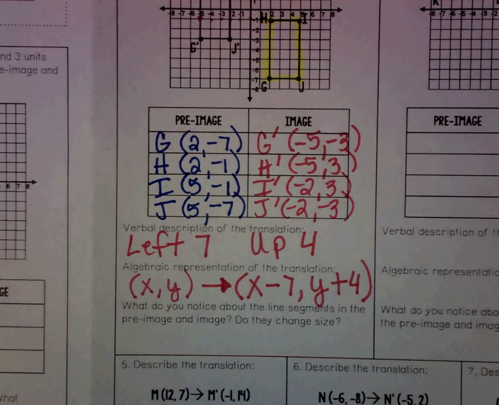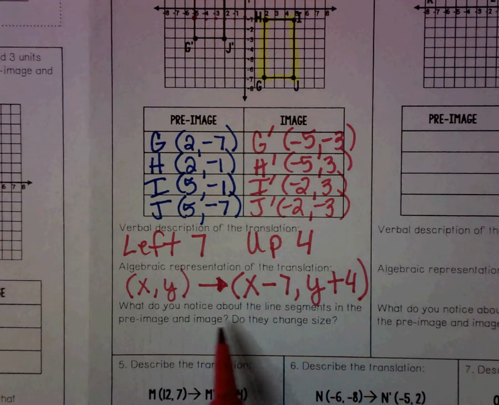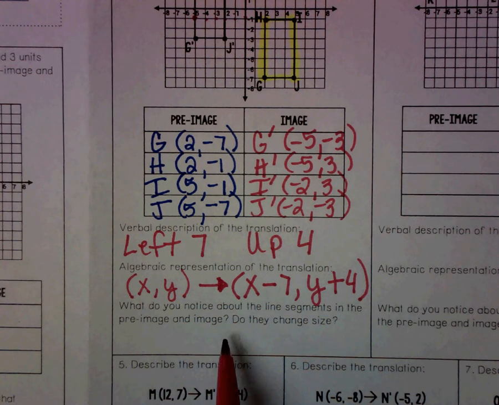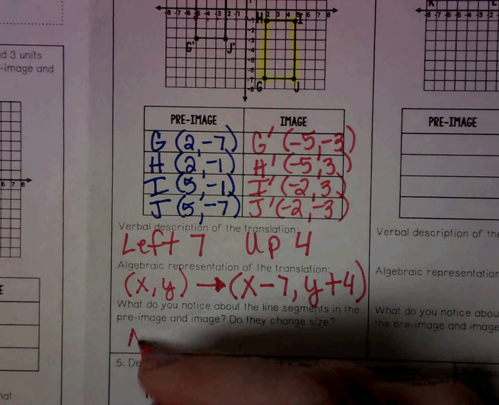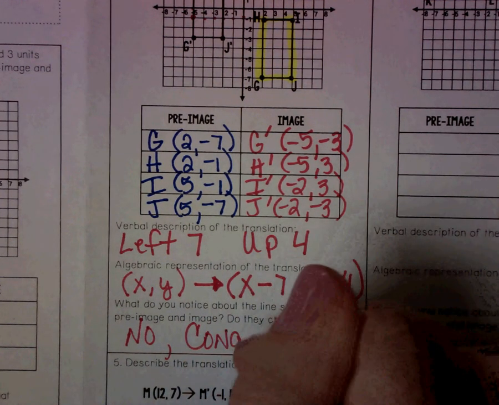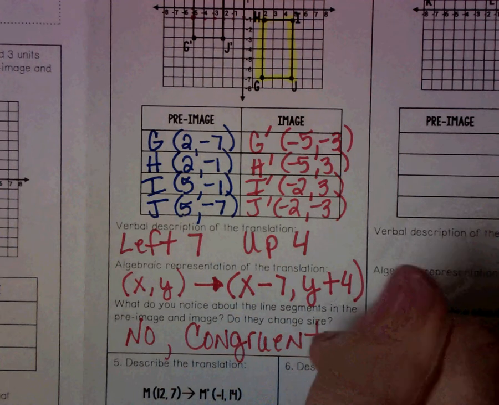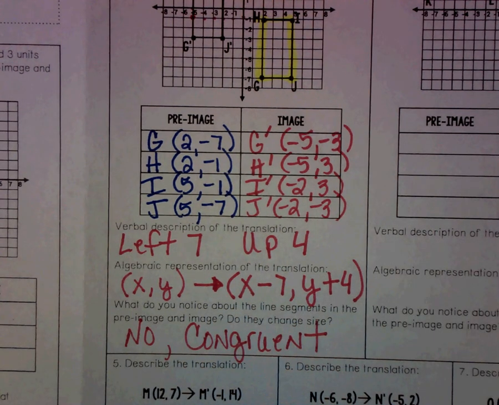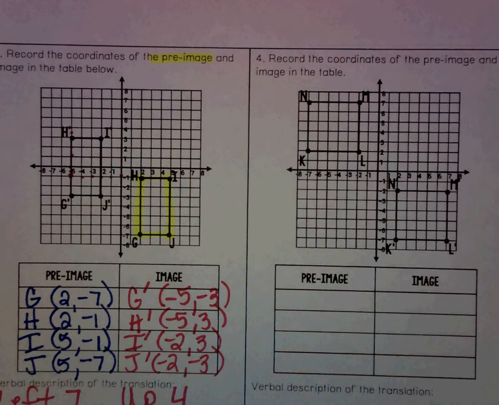You did. Okay, so the next question says, what do you notice about the line segments in the pre-image and the image? Do they change size? And the answer is no. They stay congruent. Remember in our vocabulary foldable, we talked about that translations are always congruent. That never changes. They will always be congruent if we have an adding or subtracting pattern or rule, and that means it's a translation. Very, very important. Okay, so now I want you to try to do example number